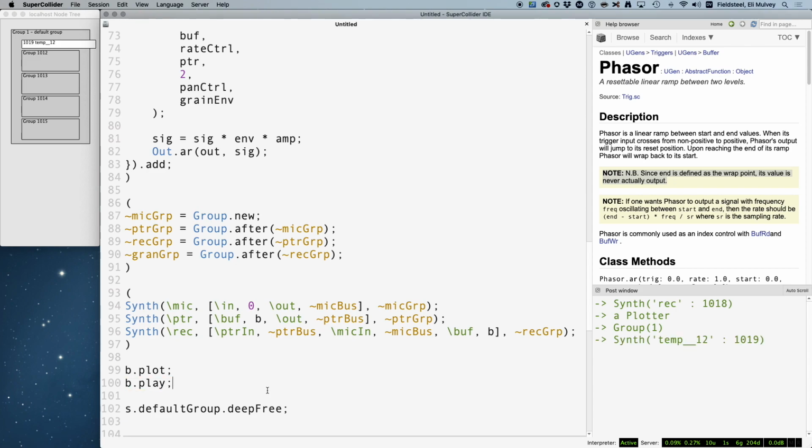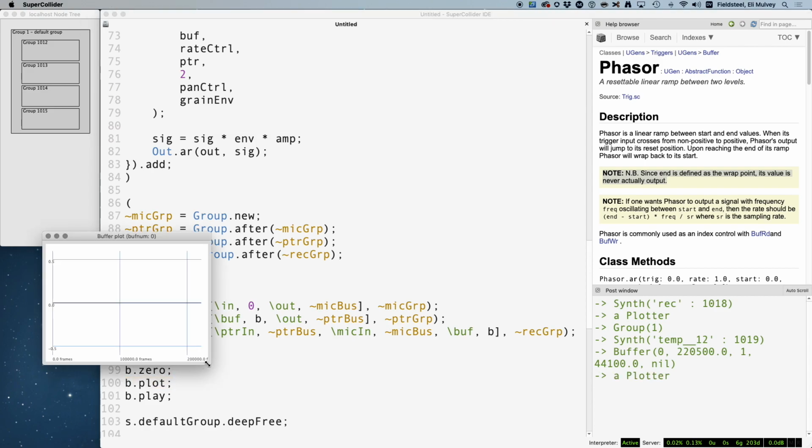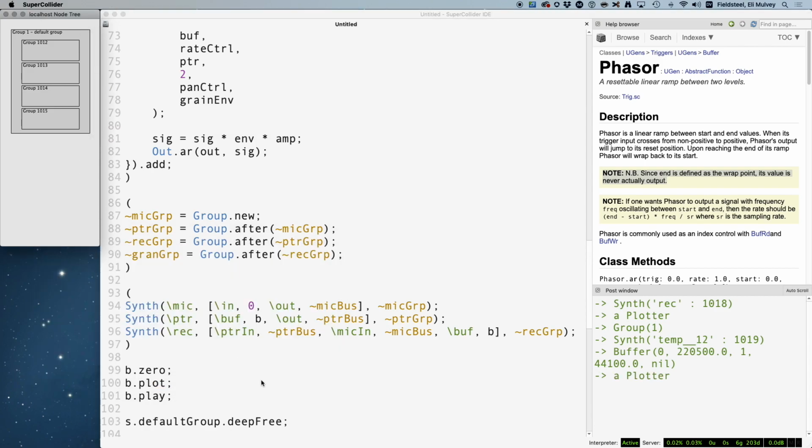Intact. We can do s.defaultgroup.deepFree, but leave the groups in. Everything seems to be working. We're successfully writing audio into the buffer. Cool stuff. Let's clear everything out of the buffer with b.0. Good as new. Now for the final